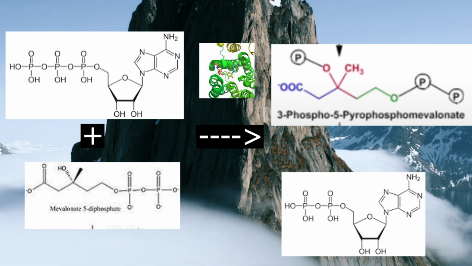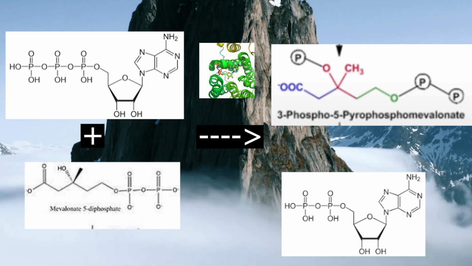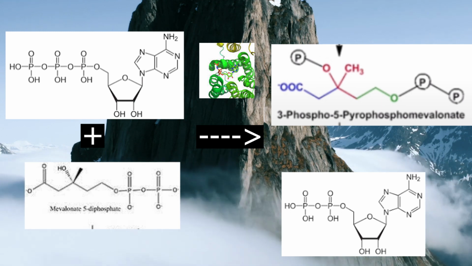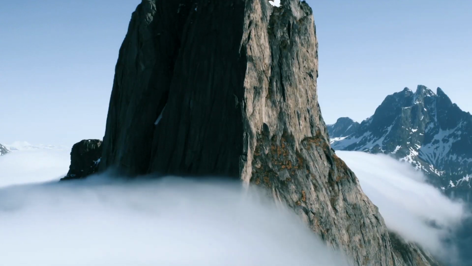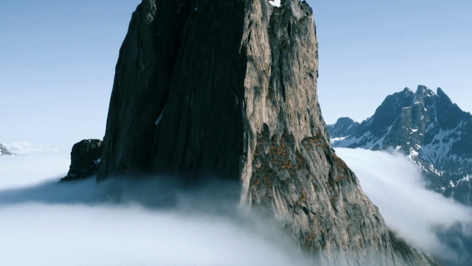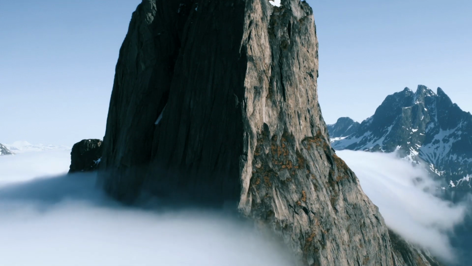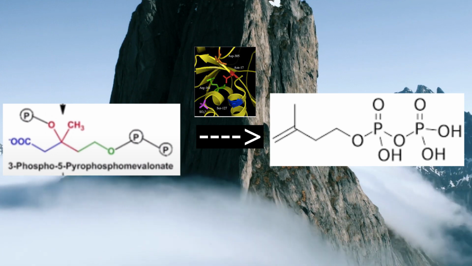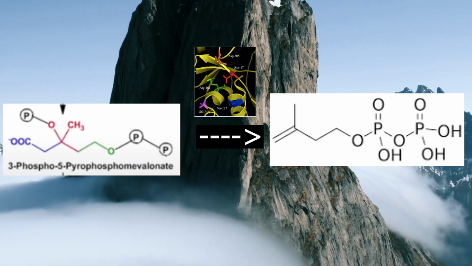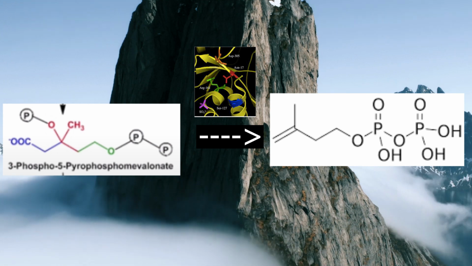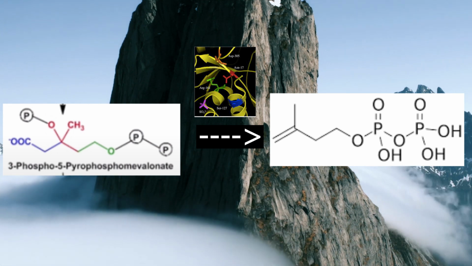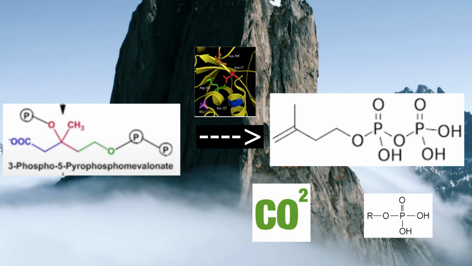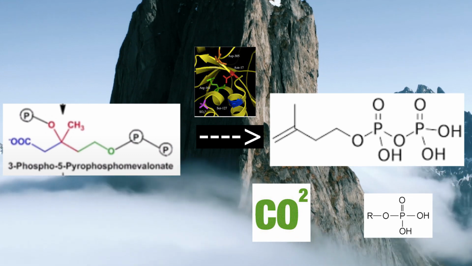And then once you've got this very complicated molecule, 3-phospho-5-pyrophosphomevalonate, this is the reaction that then turns it into isopentenyl pyrophosphate. And you don't need an adenosine triphosphate to do this reaction. It simply is turned into isopentenyl pyrophosphate by the enzyme pyrophosphomevalonate decarboxylase, and the wastage of this reaction just ends up being CO2 and a phosphate group, and then you've got isopentenyl pyrophosphate. And it's quite similar to mevalonic acid, just with like a few phosphate groups on the end,